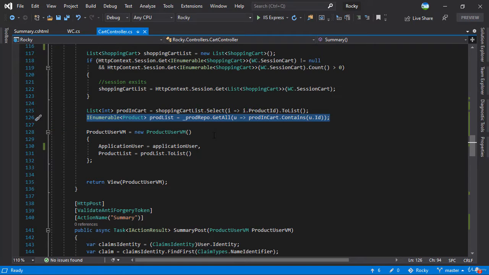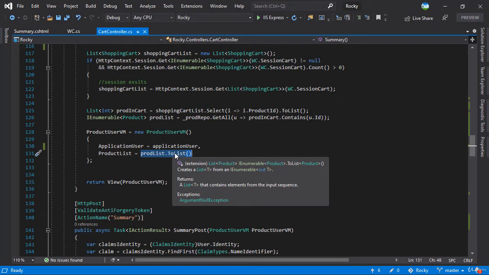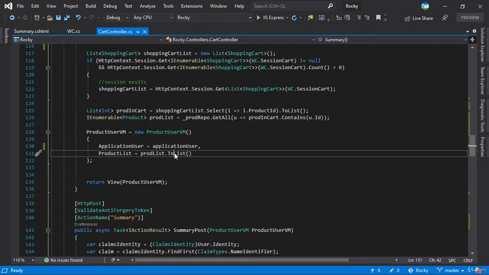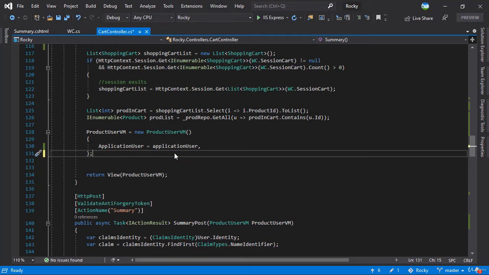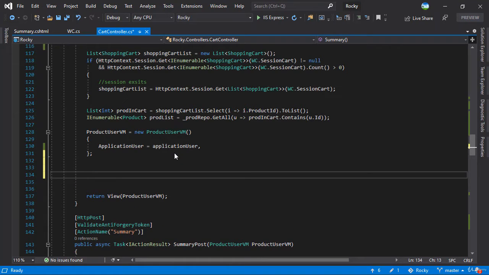We do not have the square feet inside this prod list. It exists inside the shopping cart list. So we cannot assign the product list to be the prod list because in there the square feet has not been populated. So we'll just remove that from here where we are assigning the prod list, and we'll do that